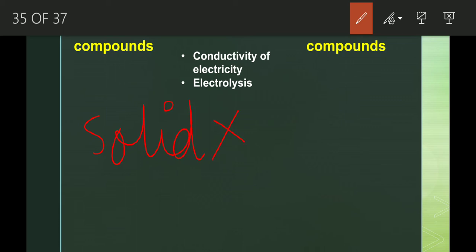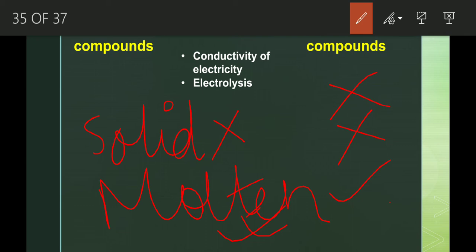are not at all able to conduct electricity; they are non-conductors. But if they are in a molten or aqueous state, then electrovalent compounds are good conductors of electricity. On the other hand, covalent compounds, whether in solid, gaseous or liquid state, are non-conductors in all states. That means they cannot conduct electricity. As they cannot conduct electricity, they cannot be electrolyzed, whereas electrovalent compounds can be electrolyzed, but in molten or aqueous state, not in solid state.